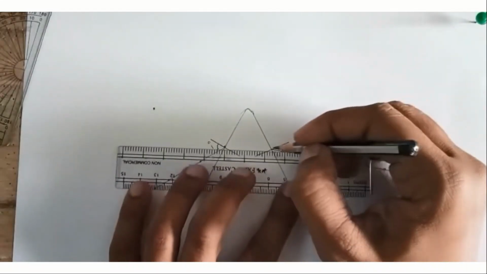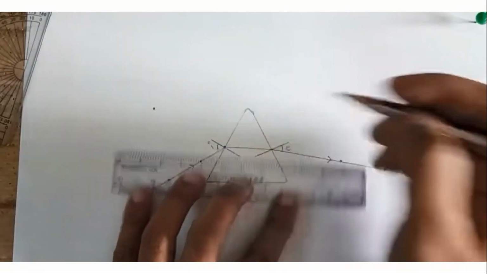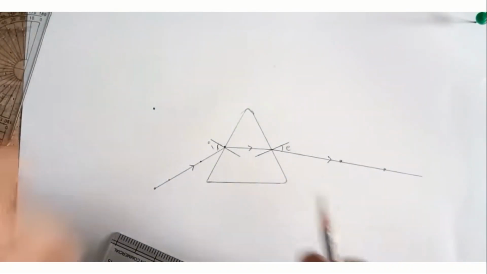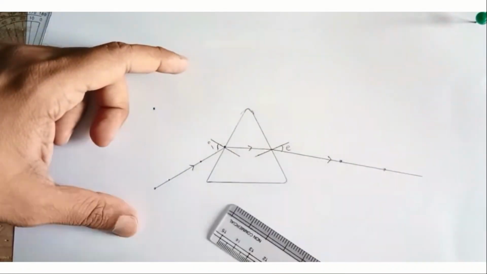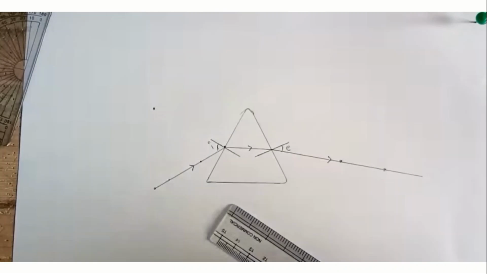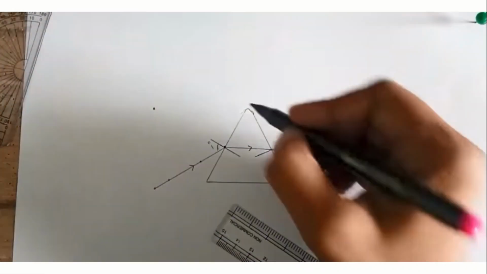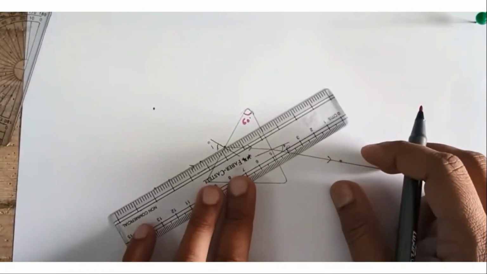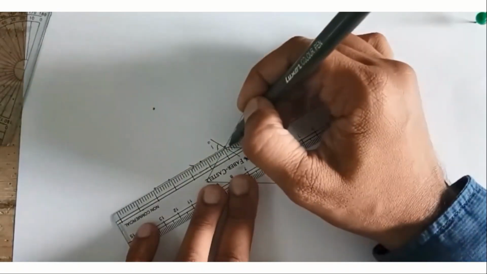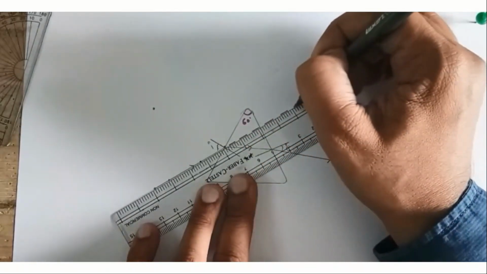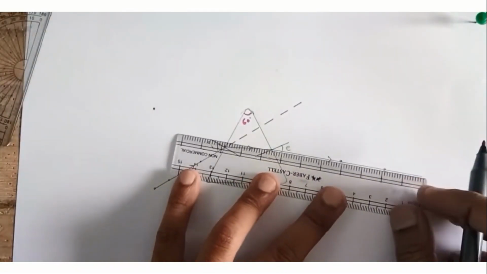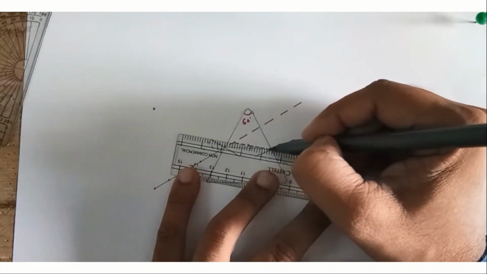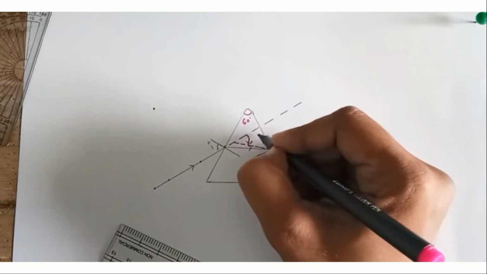After this we have to join these two lines, which is the angle of refraction, because the line is coming from the incident ray, moving inside as the refracted ray, and then it comes outside, which will be the refracted ray. But it is not a straight line, it is a deviated line. This is the angle of 60 degree. The prism is 60 degree which we have taken. Now we have to extend the angle of incidence forward, and we have to take the angle of emergence extended backwards so that it will touch the angle of incidence. We have to extend both the lines, and this angle is the angle of deviation.